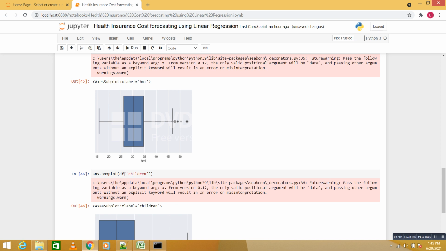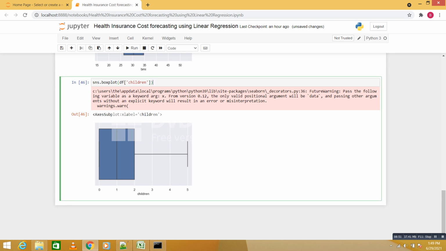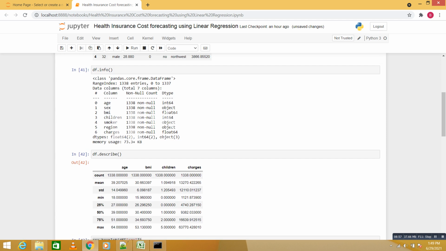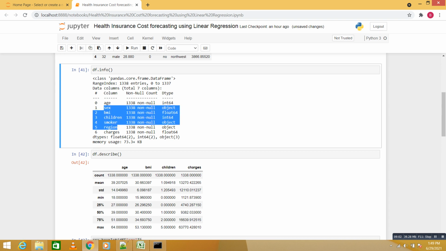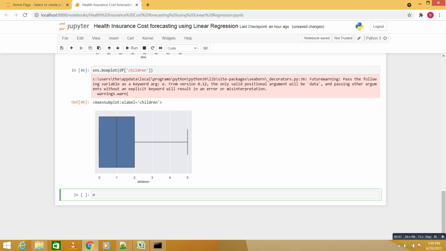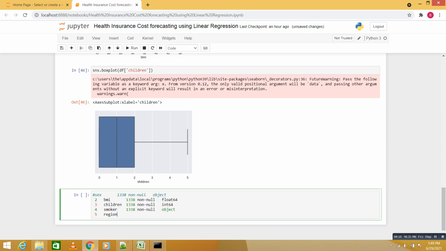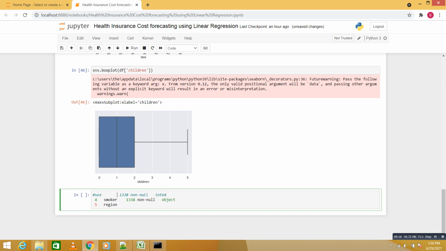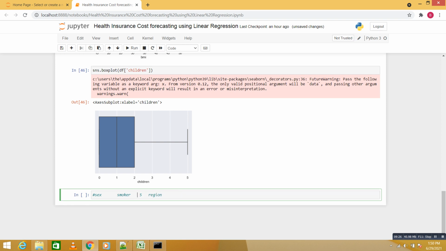Okay, so the next thing is how to convert these three values: sex, smoker, region, into numerical values. This is called data pre-processing, and in pre-processing there are multiple ways to do it, like one hot encoding and label encoding.